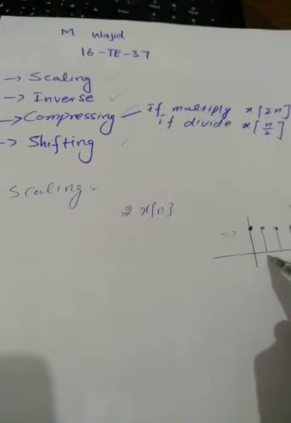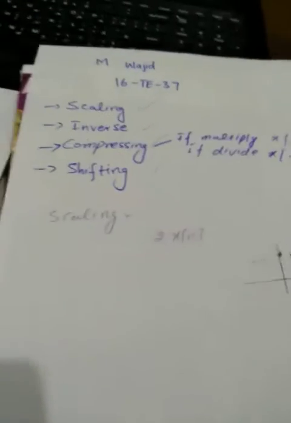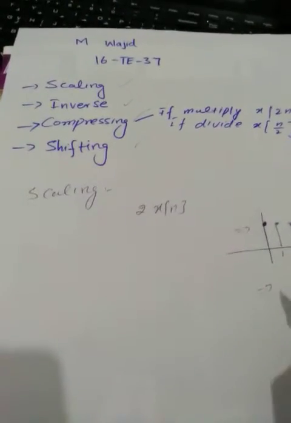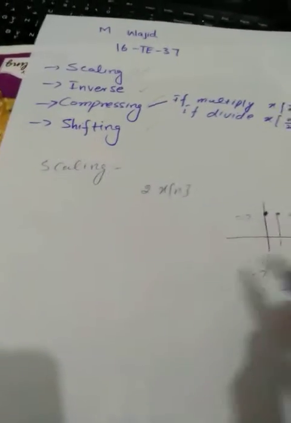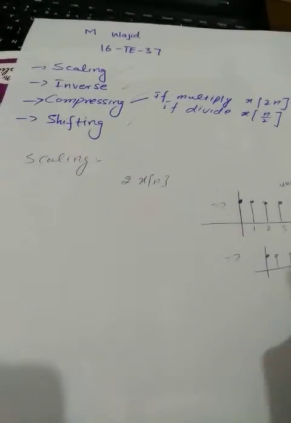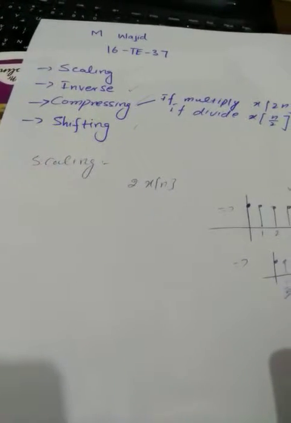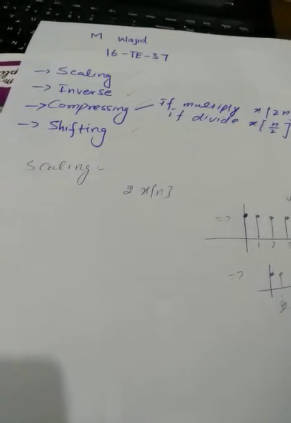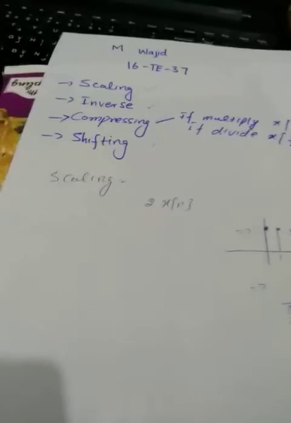In the scaling property, if we have any values, for example, we say this is 1, this is 2, this is 3, this is 4. In the scaling property, we only divide the values by the scaling factor. For example, we do it as 1 by 2, 2 by 2, 3 by 2, and 4 by 2, and 0 by 2. After doing this, what do we get? We get our signal as